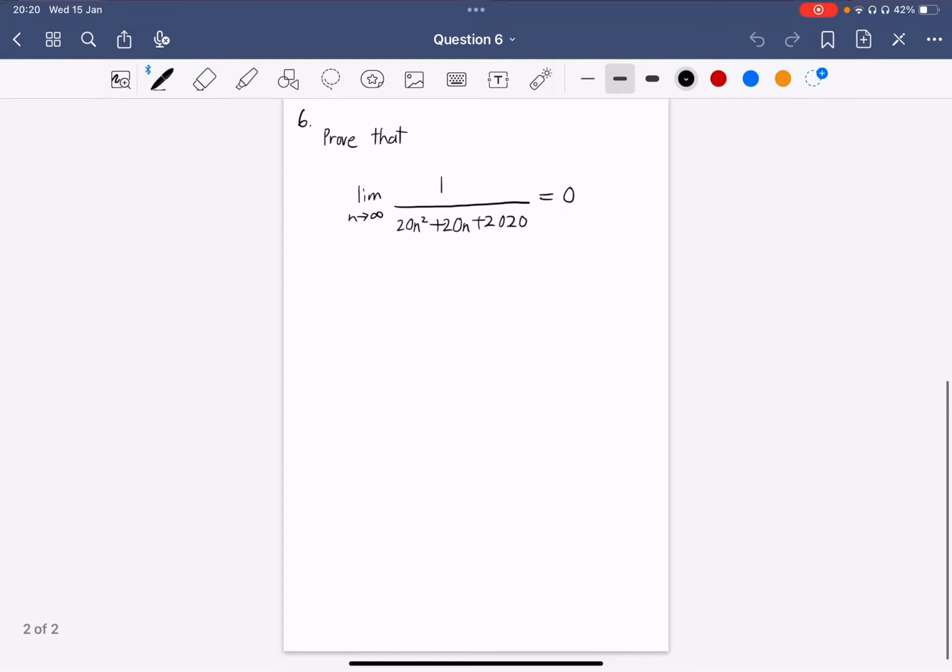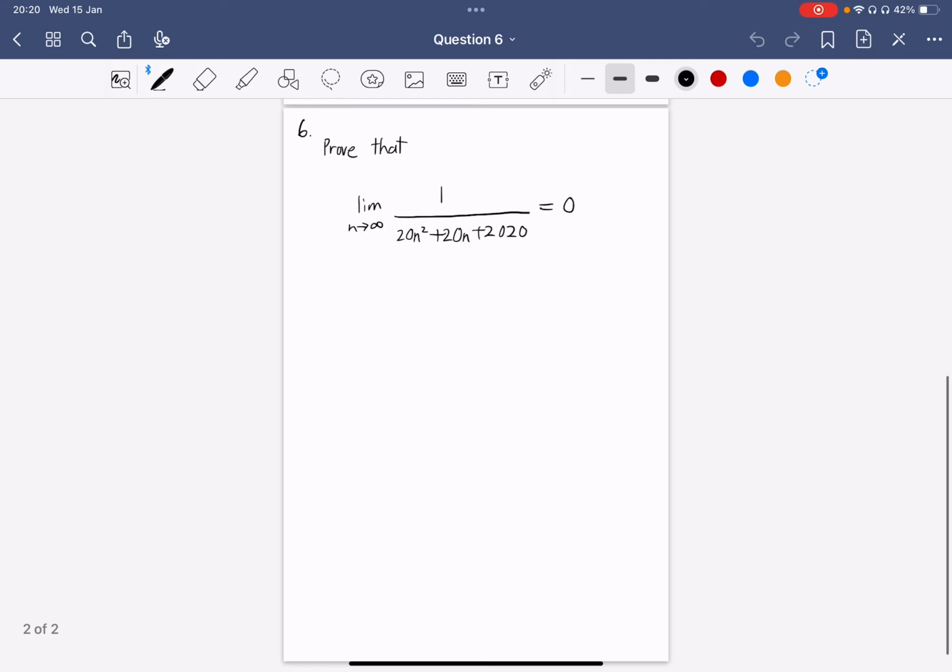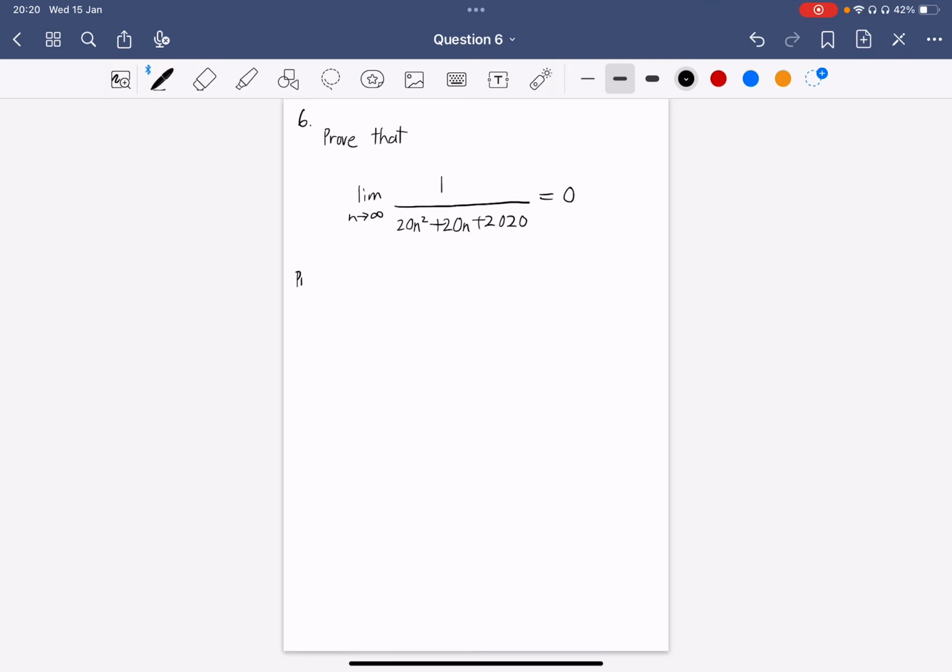Okay, so this is question 6, the last question of assignment 3, and it wants us to prove that this limit, when n goes to infinity, this fraction here equals 0. So how do we do that? All right, so